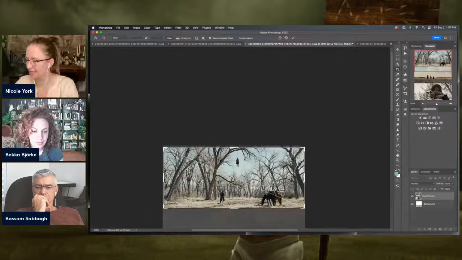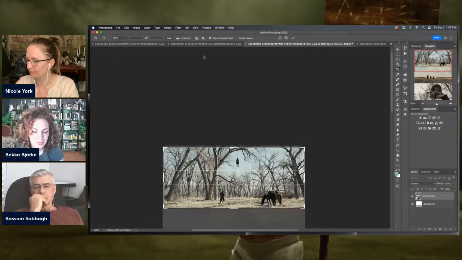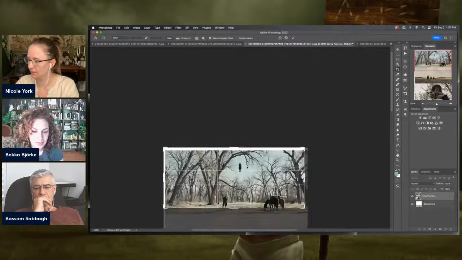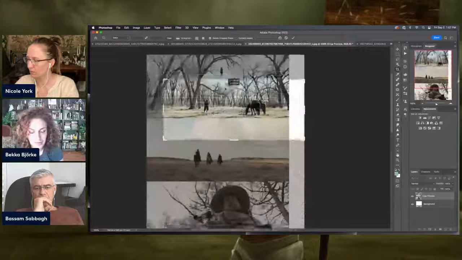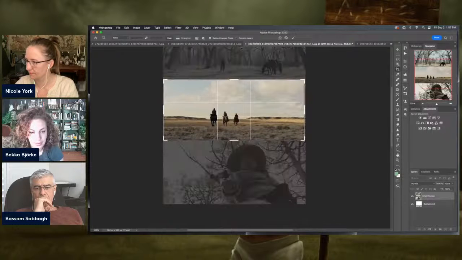Look at the exactness. Everything's happening right in here. What about down here? So rule of thirds.